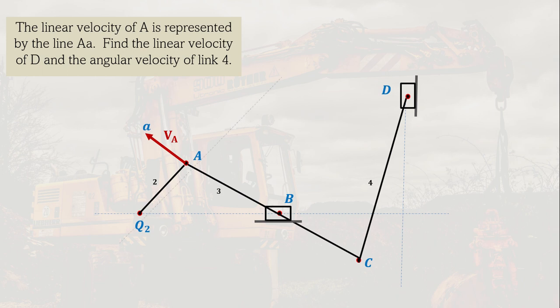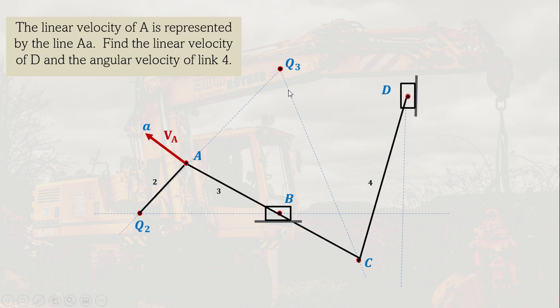So for this problem, we will use the instantaneous center that's connecting A and C. As you can see here, this is the instant center locating, connecting A and C. Because if we get this value, we can also get D because they are connected. So we just bypass B. So that's the good thing about the instantaneous axis method, because you can directly use the center as long as